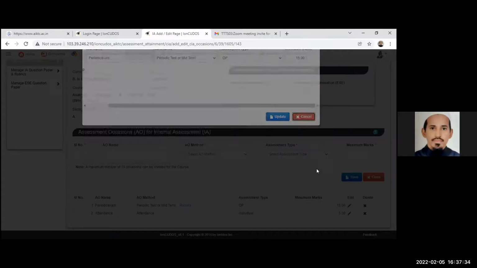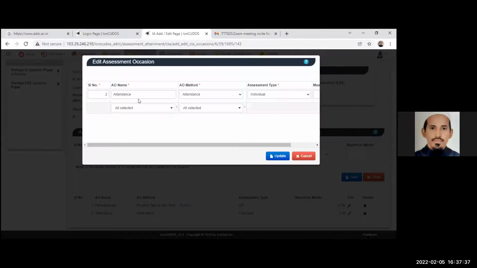Secondly, I will show you attendance. The second occasion is attendance. As per the curriculum design, you have journal marks, learner teacher interaction, periodic test, product, quiz, viva. As per your curriculum design, we now have a CBCS system, and in the CBCS system we have only periodic exam and attendance. But in the PCI curriculum, we have quiz marks and teacher learner interaction marks. So you have to select that, and then select individual.